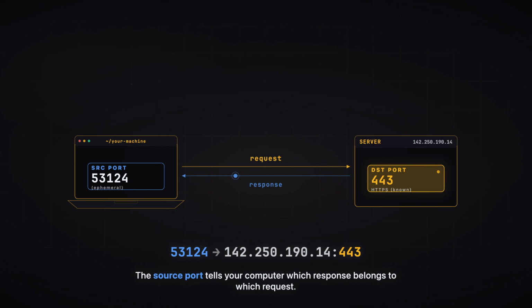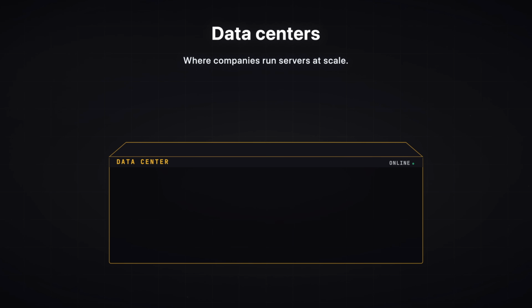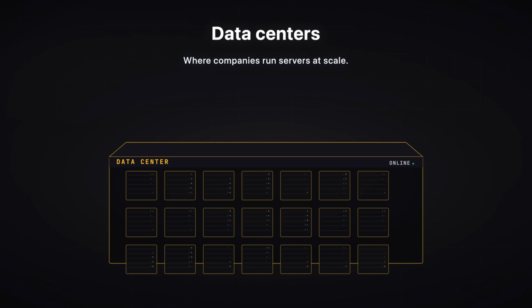You can run a server from almost anywhere. But when companies need reliability, speed, security, and scale, they usually run servers inside data centers. A data center is a building filled with many server machines. These buildings have power, cooling, networking, backup systems, and physical security. So yes, a server can be your own device, but large internet services usually run servers in professional data centers